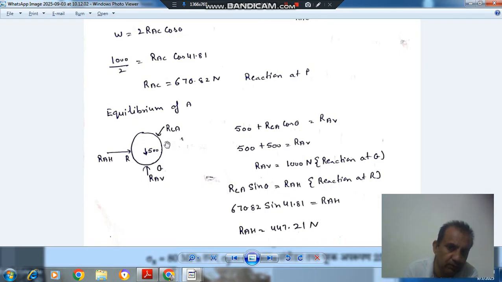And now the horizontal component of this will balance the horizontal reaction. So RCA sin theta is equal to RAH, or 670.82 sin 41.81 will be equal to RAH, that is 447.21, and that will be the reaction at